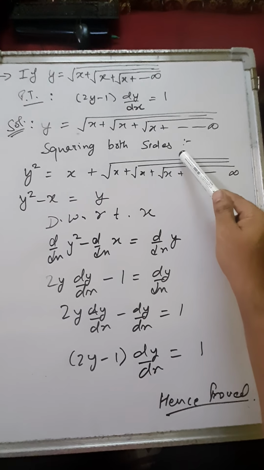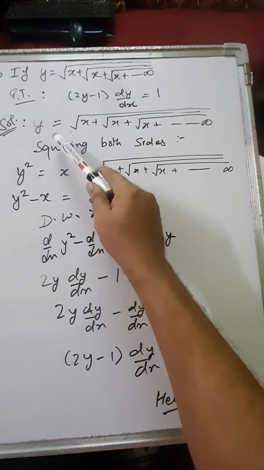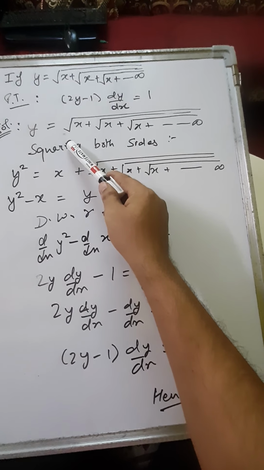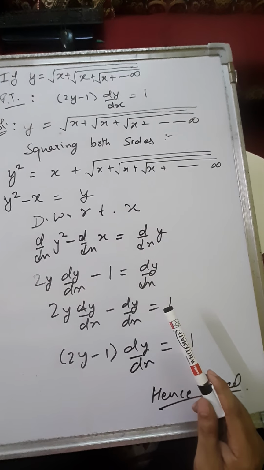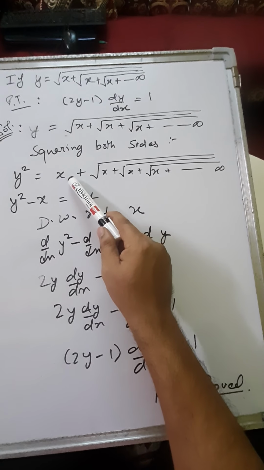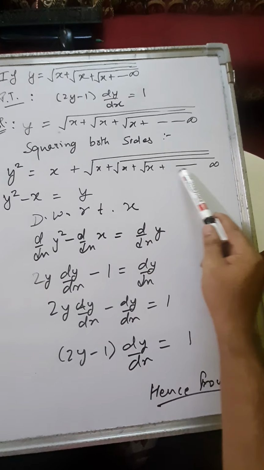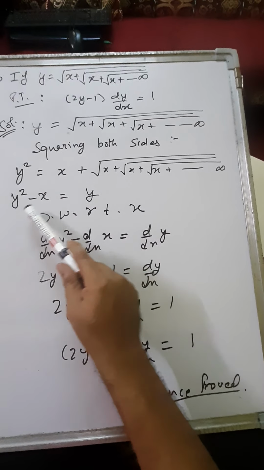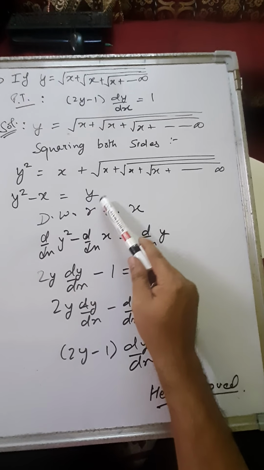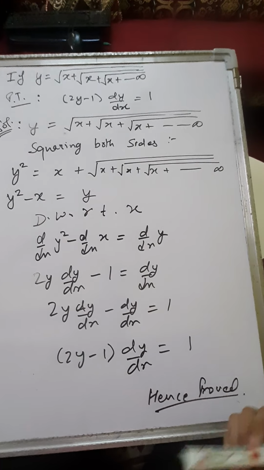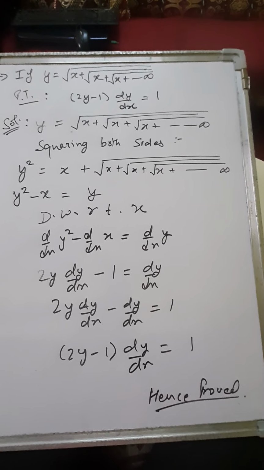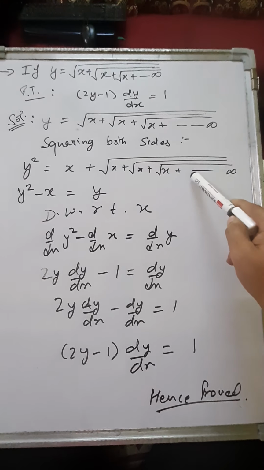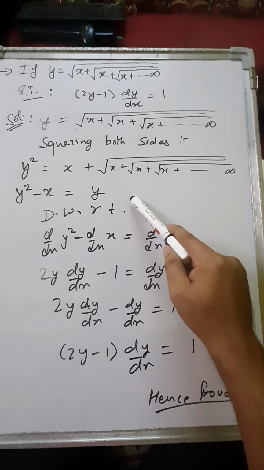What we'll do is square both sides. So y is to the whole square will be y², and when we square this function, one root will be eliminated. So the function becomes x plus root x plus root x plus root x up to infinity. Now this x, when transferred to that side, becomes y² minus x equals y. Why have I written y? Because if you exclude any one term from infinity, it still remains infinity. That means the value was the same as y, you can see. So in place of this function we can write y.